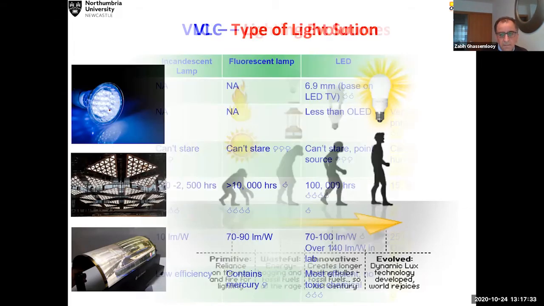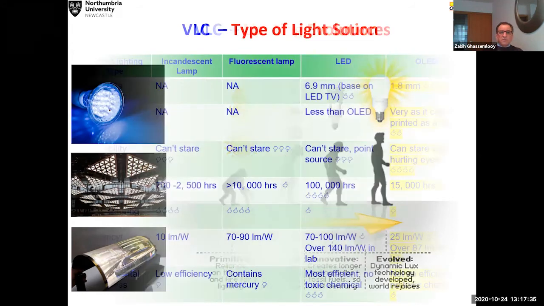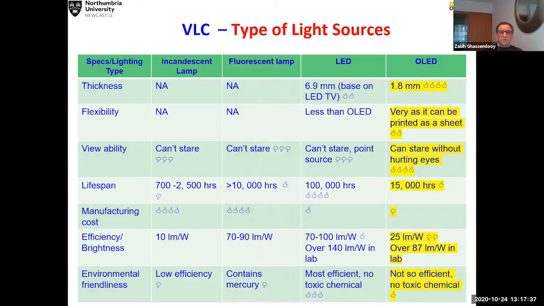So these are some of the features of it, just to compare and contrast. These are standard lightings that you have. And these are the fluorescent LED, and these are OLED, which are the organic-based devices. So you can see that the organic-based devices are trying to catch up with the standard LED in terms of luminance and so on, and number of hours and so on. But there are other features of this OLED, which is of interest to many people, including us.